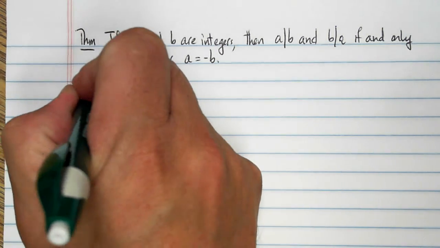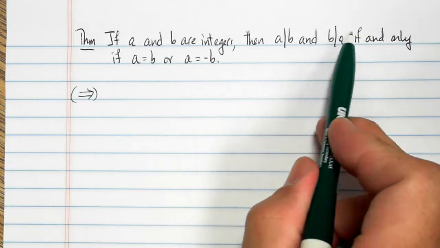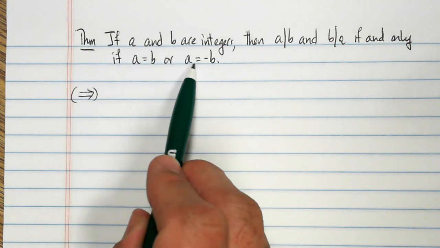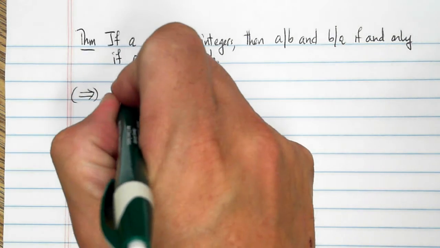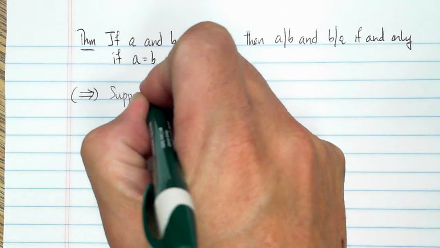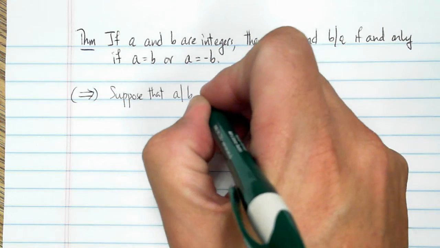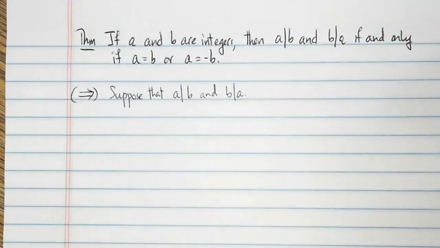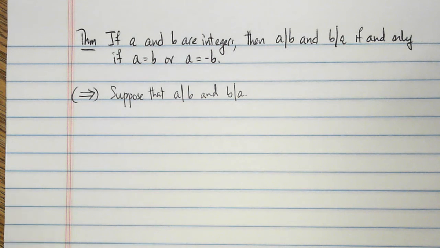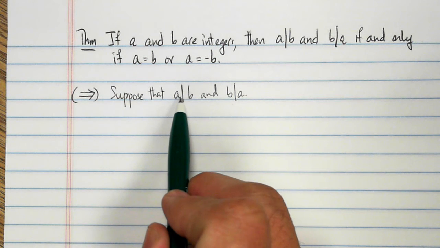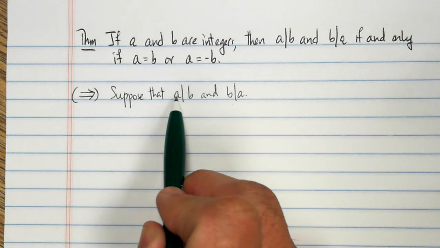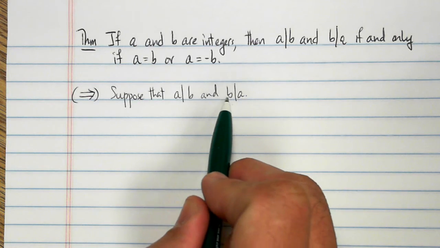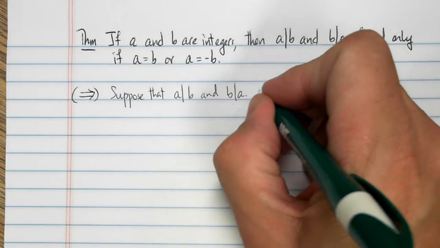So first we'll do the first implication, to show that the first statement implies the second statement, that either this or this. So we begin by assuming, suppose that a divides b and b divides a. Now by definition we know that if a divides b, that means a cannot be equal to 0. Furthermore, if b divides a, that means b cannot be equal to 0. So by definition of divisible,